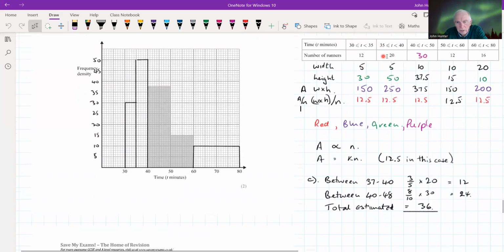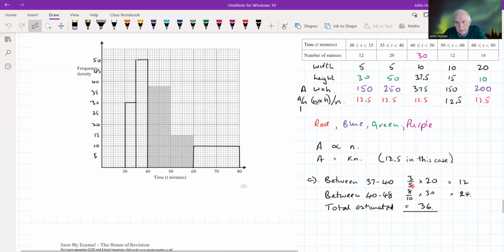If we imagine that these 20 are spread evenly through this class interval, and these 30 are spread evenly through this class interval, then what we're trying to find is the number between 37 and 48. So between 37 and 40,